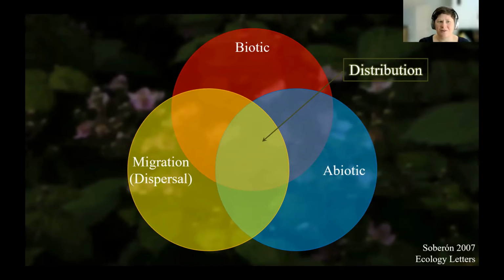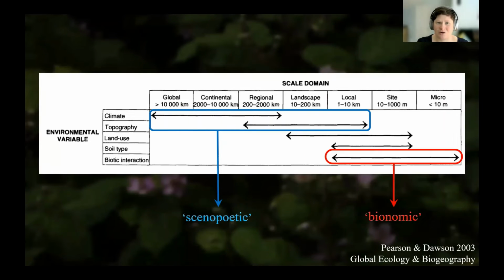This is a pretty intuitive idea, nothing too controversial here, but what's far less understood is the spatial scale at which each of these checks on the distribution take place. In the species distribution modeling literature, there's this paper, I just looked this morning, cited almost 4,500 times at this point. A super commonly cited paper that tries to answer this question for distribution modelers by saying that at these large global to landscape and even local scales, really what's determining a species distribution primarily